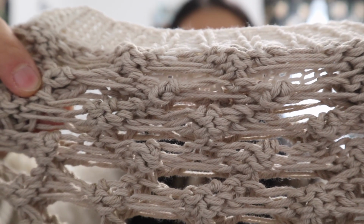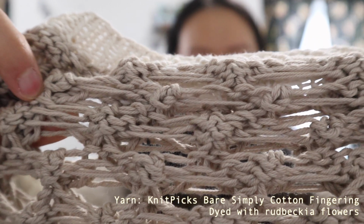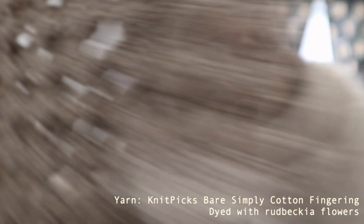100% cotton yarn, and there are two colors here just because I ran out of yarn, but this darker color, which reminds me of buckwheat noodles, kind of a gray brown color, I actually dyed myself using Rudbeckia flowers, which are Black-Eyed Susans. So it's a naturally dyed yarn, and I was holding it double because it's a fingering weight yarn, and I